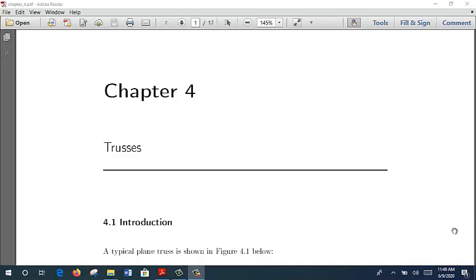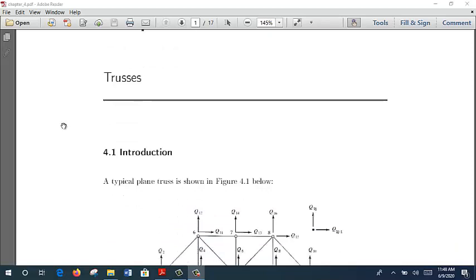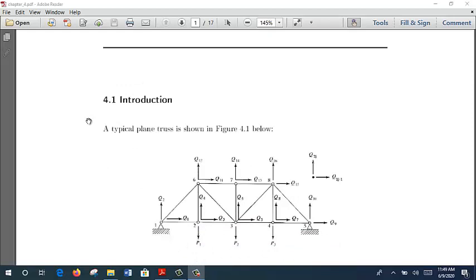Hari ini kita teruskan chapter 4 untuk khusus KM 4362 Finite Element Method dalam topik Trusses. 4.1 the introduction. So before kita pergi jauh, Trusses, untuk menyelesaikan permasalahan Trusses dalam finite element